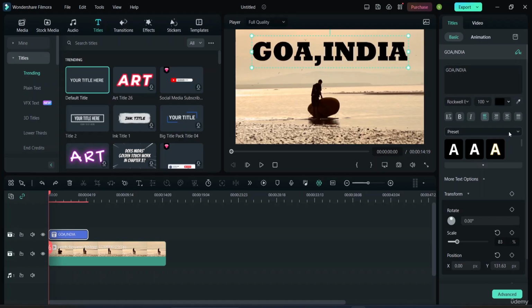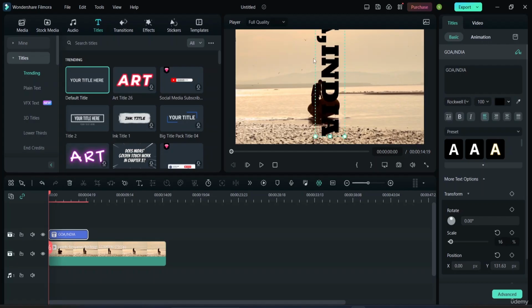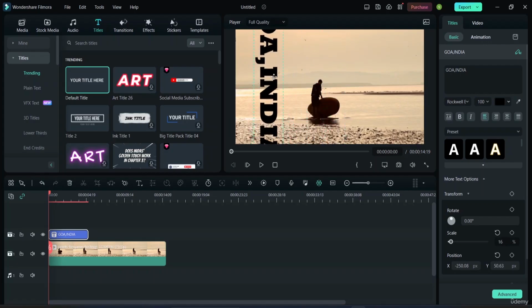So I'll just go back again, and underneath that option you can see if I want to put this writing in vertical place. If I want to put this in vertical, I can decrease the size of this and adjust it somewhere here. We can do this as well, but